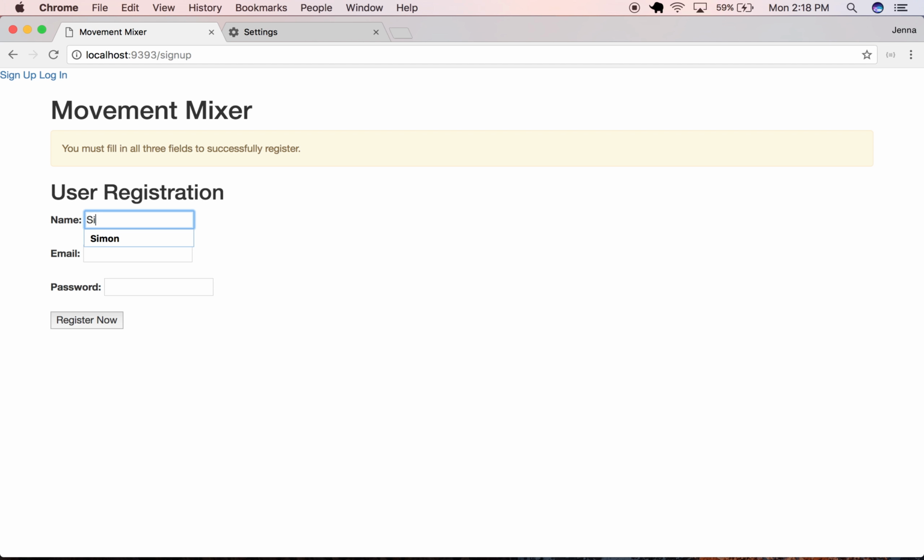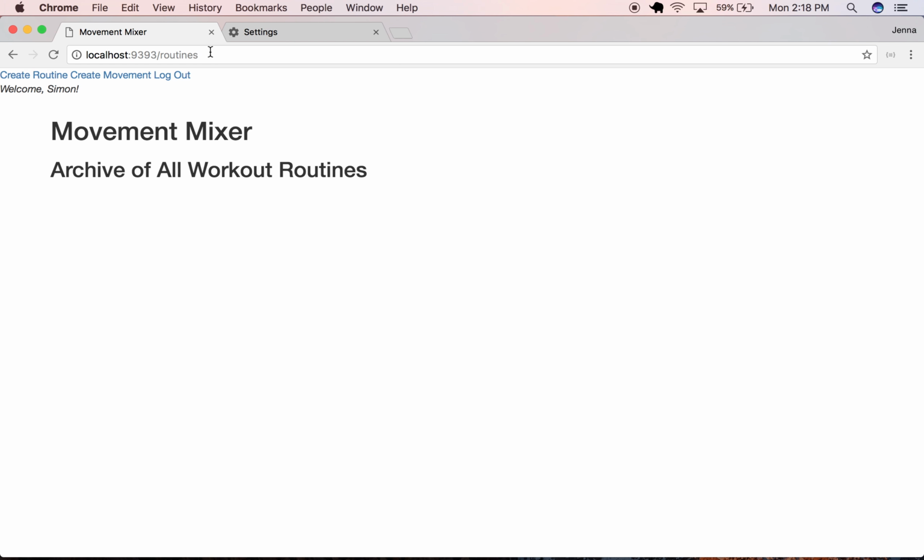So let's say that user Simon is able to successfully register by inputting all attributes, and the three attributes that are necessary to save a user instance correspond to the three form fields in the user registration form. So his email is code@code.com and his password is coder. I click the register button, and since he is a valid user, he is redirected to the index of